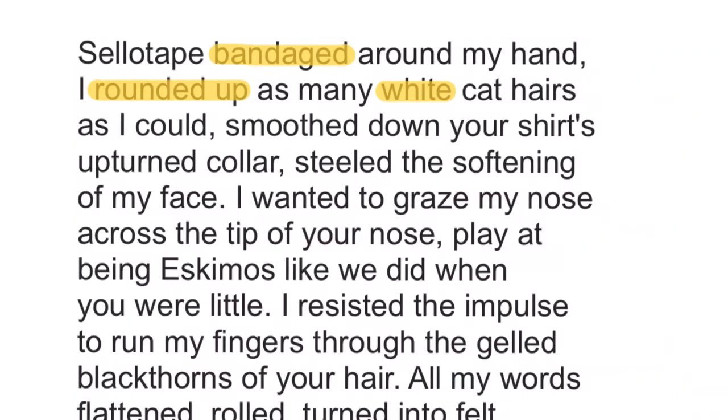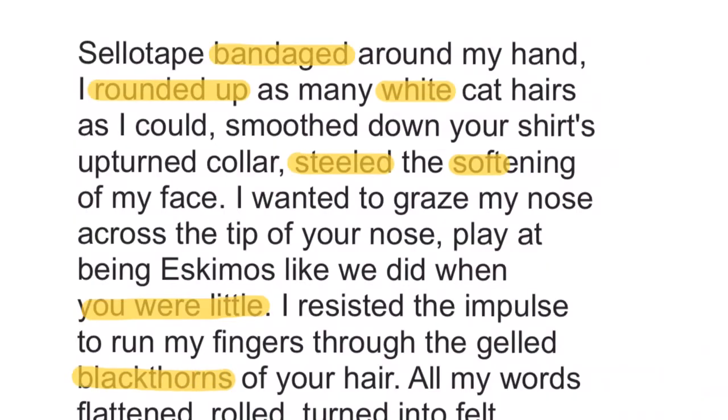Watching her son go off to war like this actually turns her into a soldier in her mind's eye. So instead of having a soft face, she deliberately makes it steel. She makes it hard like a weapon. She wants to remember what she was like with him as a child, like we did when you were little. But instead, she's resisting because she has to harden herself to the fact that her son is going to risk his life going to war. His gelled hair then becomes violent in her imagery,